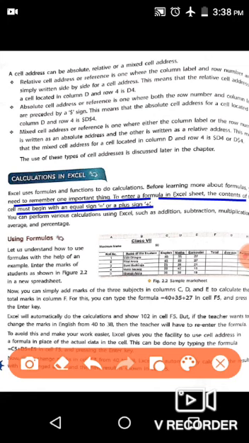You can perform various calculations using Excel, such as addition, subtraction, multiplication, average, and percentage. Now, we will learn how to use these formulas.